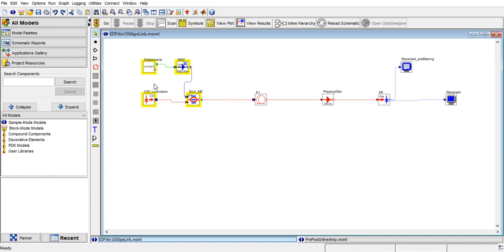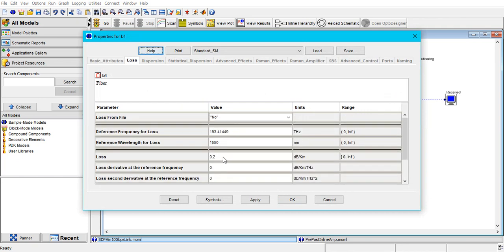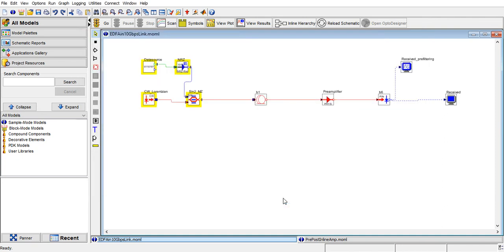Now we require a high frequency carrier, and that is taken care of by the light which is emitted from the laser source. The carrier and the message signal are multiplied in a modulator, which is a plain amplitude modulator. Thereafter, the optical signal gets transmitted via a single mode fiber of length 50 kilometers, which has the standard loss of 0.2 dB per kilometer. And always remember, it has a standard dispersion value of 16 picosecond per nanometer per kilometer.